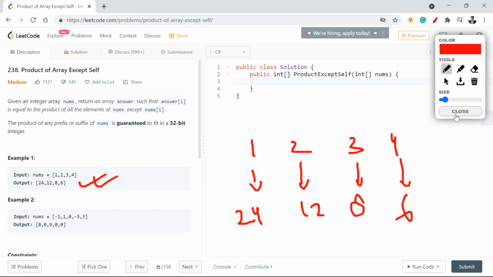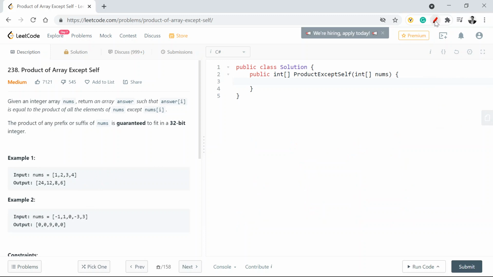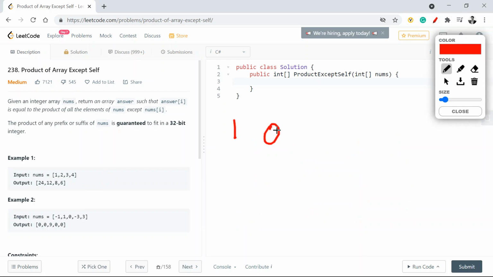Now, there are a few catches in this particular question. One such catch is, say I have a value which says 1, 0, 2, 3. In this case, the output for the 1 will be 0, because then you'll multiply 0 with all the values. For this one, it will be 1 into 2 into 3, which is equal to 6. For this one it will again be 0, and this will again be 0. I hope you understood this, because at a given index, except that value, we need to print the product of the other values.